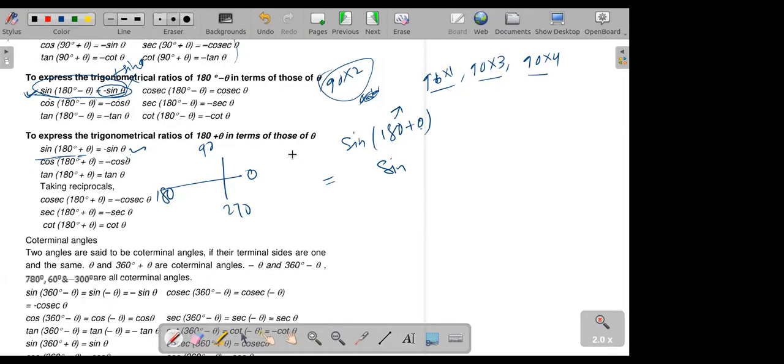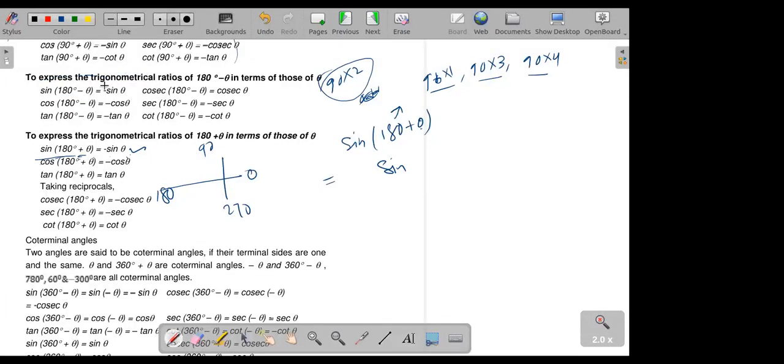Have you Googled? Yeah, I am checking on Google, and it is positive. You are right. I'm 100% sure the answer is going to be positive, like it's going to be plus sine theta. I think I know what the rule is applying here.